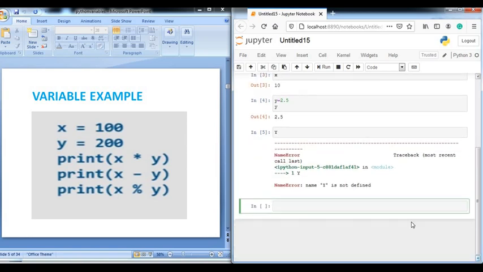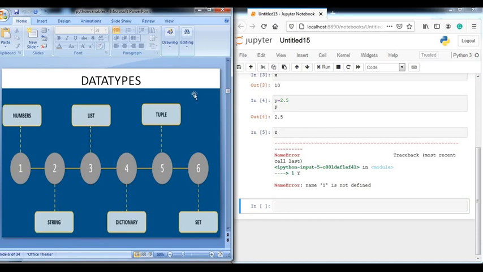So next is, now we have understood variable declaration, how we declare a variable. Now let's quickly move on to various data types available in Python. So what are data types in Python? In Python programming, the data can be maintained by variables. The type of the variable represents a value stored within the variable. Type inferencing is also allowed in Python. So keywords like int, float, etc. are not required for the variable declaration.